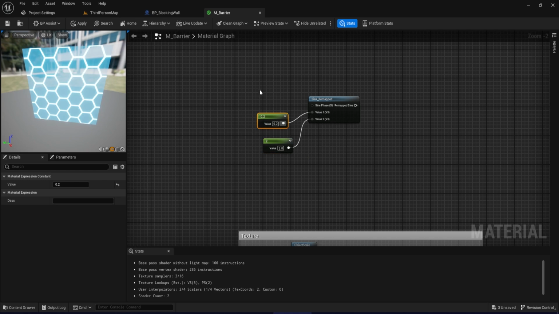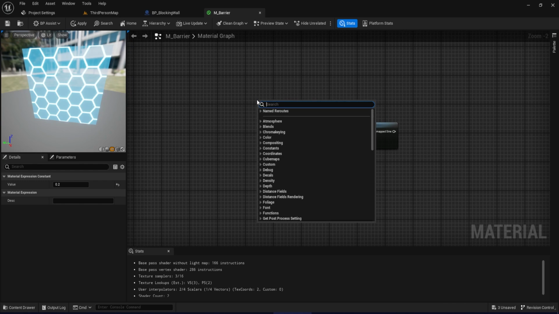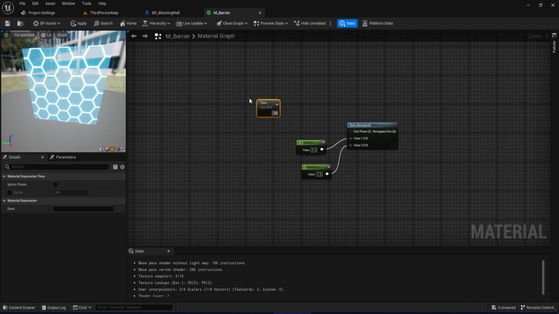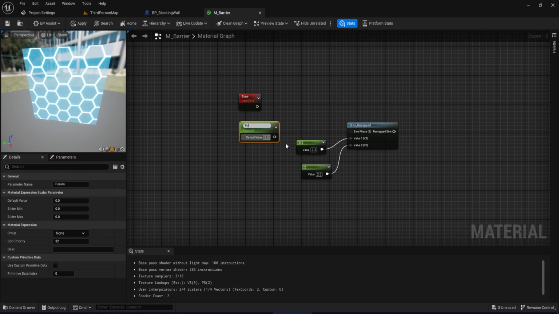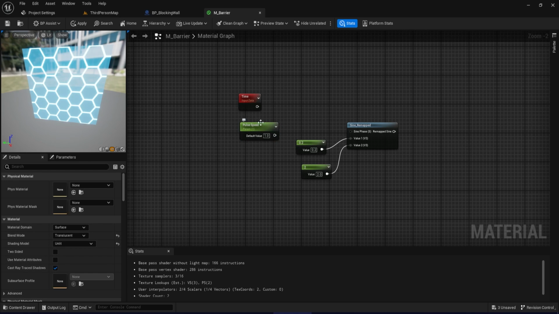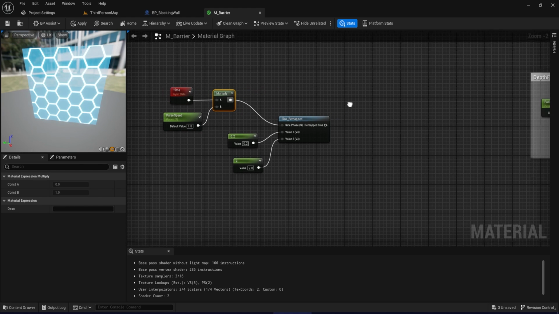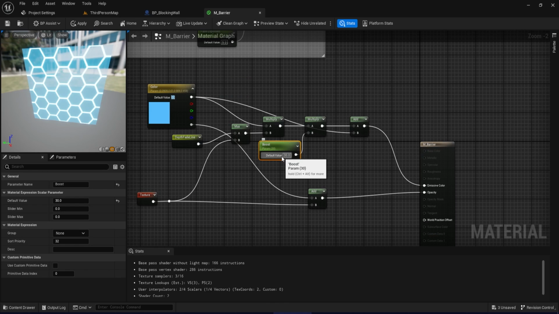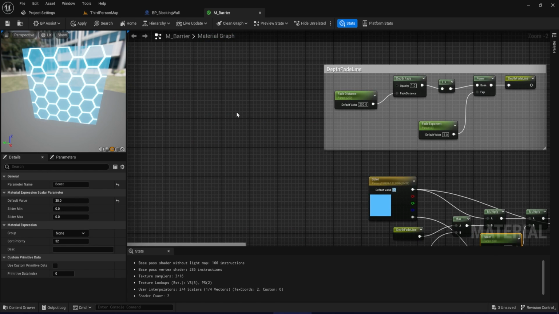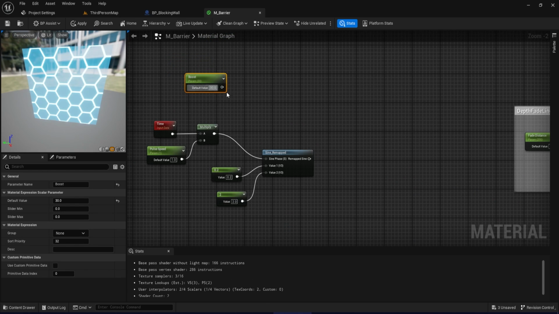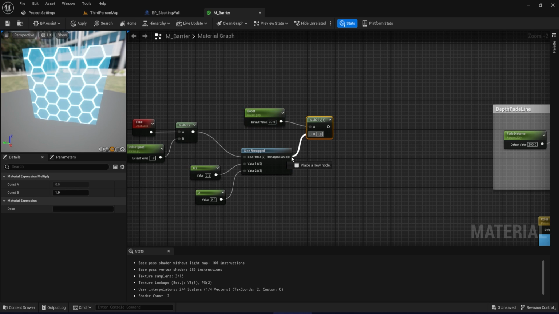Put these in the sine, and for the phase, we're gonna use the time node to animate it, and we're gonna multiply it by a parameter called pulse speed, and the pulse speed will be 1. Multiply this, put it in the sine phase, and we're gonna use the same boost node that we had before. So copy this, put this once we multiply this, and again name reroute node,